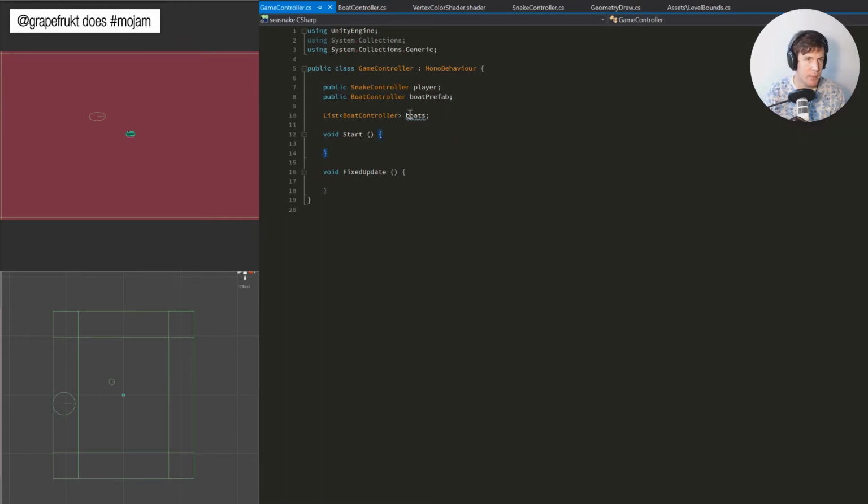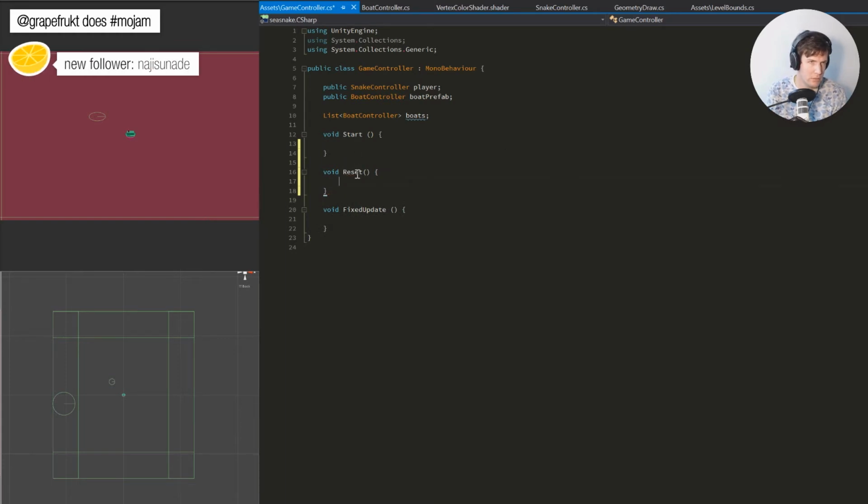Things have colors. That means good. So let's say that boats is a new list of boat controllers. And boats, or no, let's do it this way. Void reset. That's not